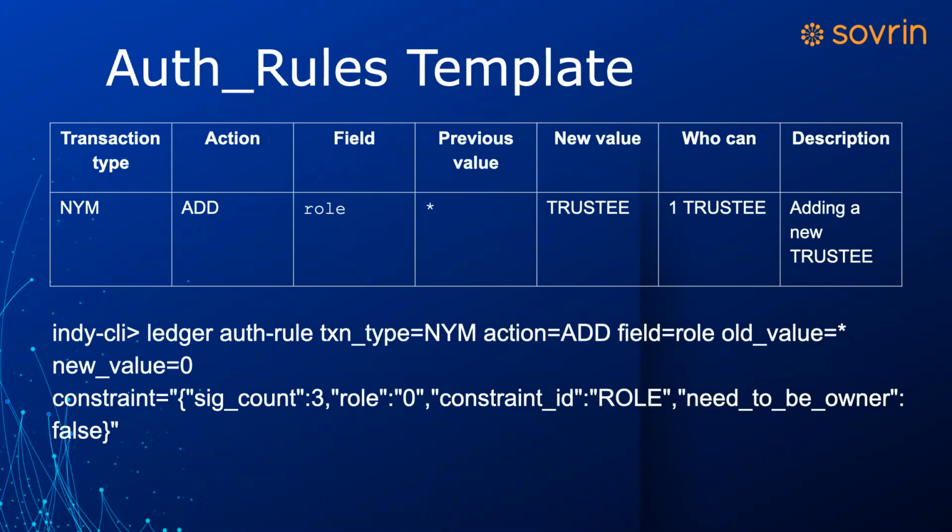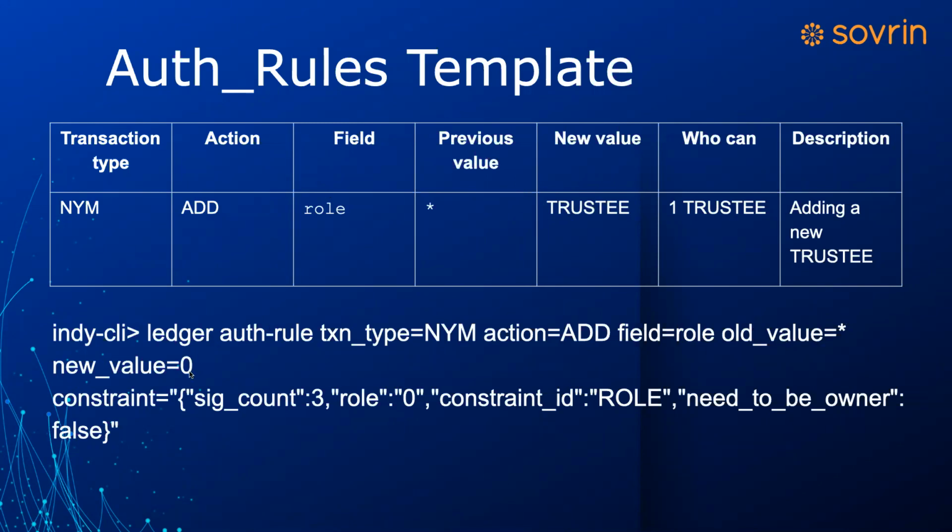Inside of your network, you can't add new auth rules and create new stuff. These fields have to match, and that's what they are all for: to determine which one of these from that table you're actually trying to update or change. So nim action add field role: old value is the same as previous value. The actual parameter is old value instead of previous value, and then new value matches.